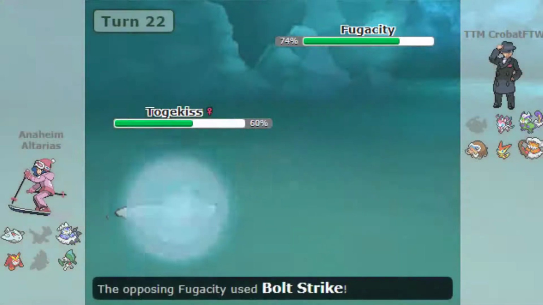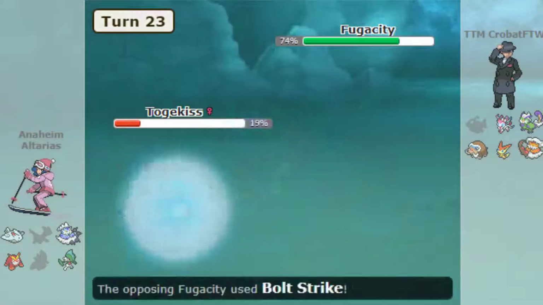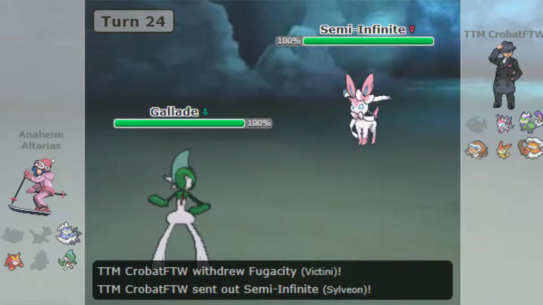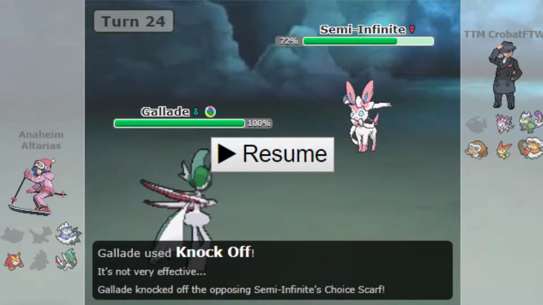He goes Victini, and he predicts my Togekiss with a Bolt Strike, which is good on him. But V-Create killed anyway, or at least 2 V-Creates killed. So I can go into Gallade. I set up my SD, or actually I go for a Knock Off. I knock off a Choice Scarf, so I think he's brought 3 Scarfers, which is actually a pretty cool strategy against my team because I don't have a lot of good bulk. My team's pretty offensive, and he expected an offensive team from me going into the matchup. So kind of a cool,